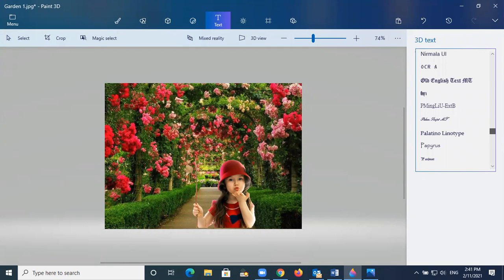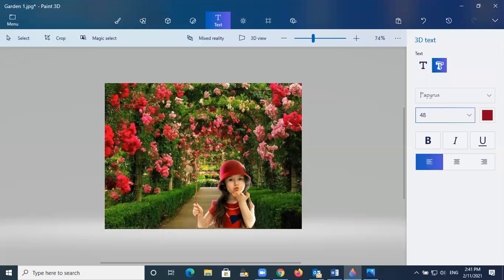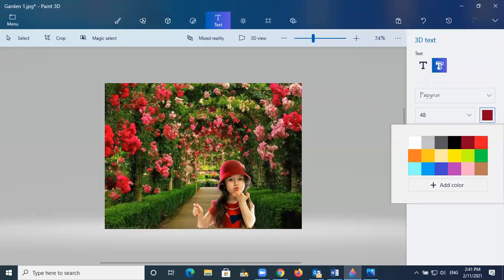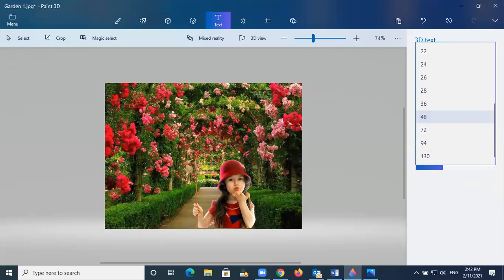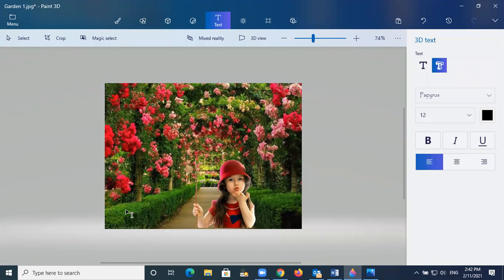Okay, for example, I don't know, I just want to choose something. Some of the things cannot be readable, and then you can choose the color, which one is better, I don't know. I will just choose the black color here. Okay, and the font size will be, for example, 12. Then I will just click here, wherever you can put the text, anywhere you can put it. Just click the text here and then I will say there,